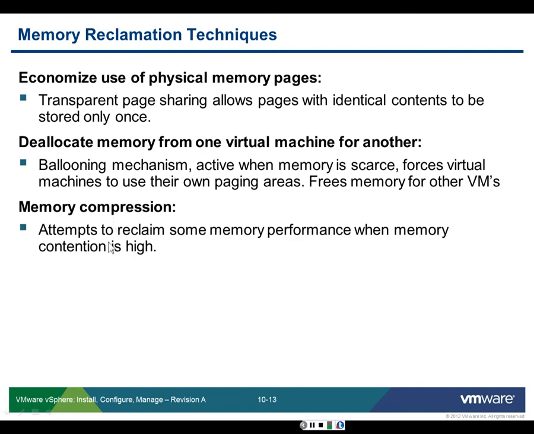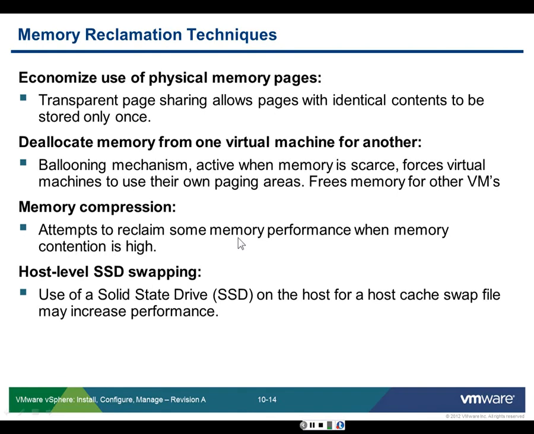Memory compression. I expect you know what memory compression is on a hard disk. A zip file compresses files. You can compress an entire hard disk with Windows. With VMware, compression occurs in RAM, and the purpose of that is to free up memory, more efficient utilization of memory. And then if we are out of memory,